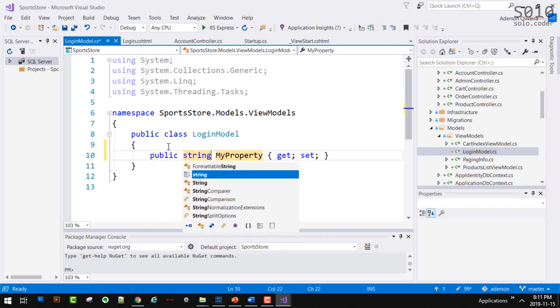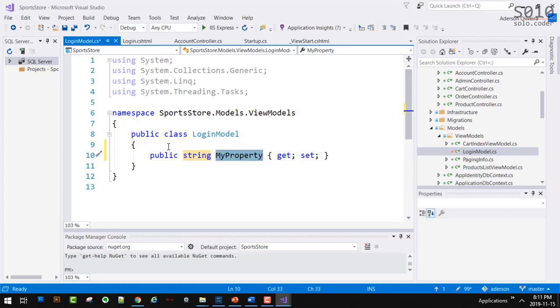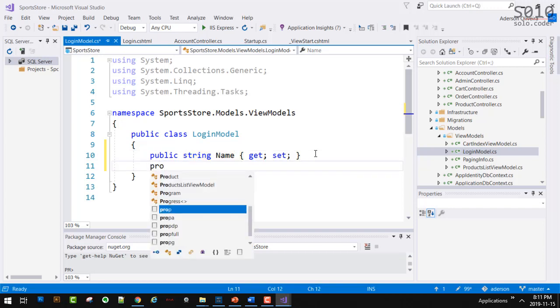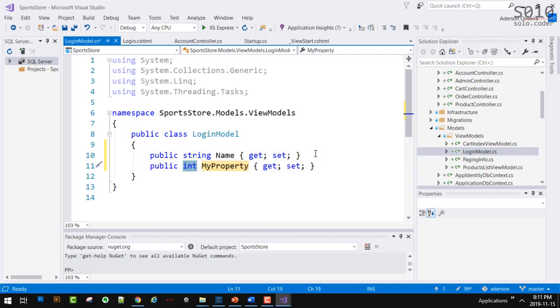Two strings. One is for the name, another one is for the password, so it's a string as well. That's it. It cannot be simpler than that.